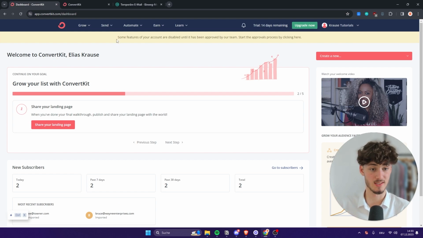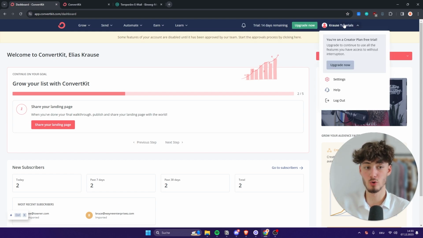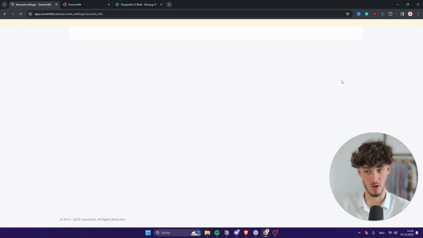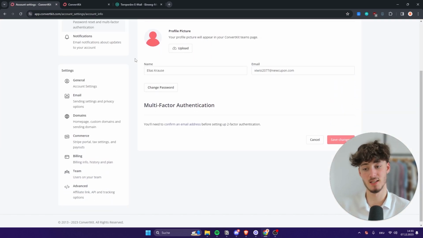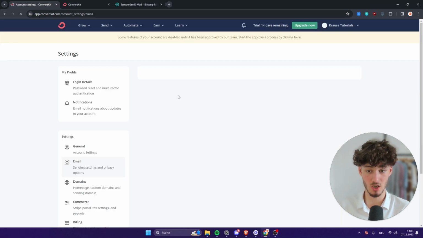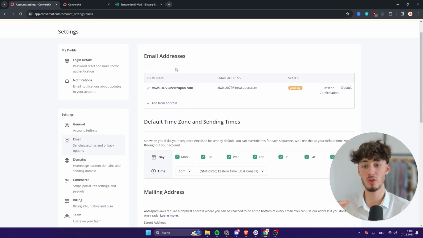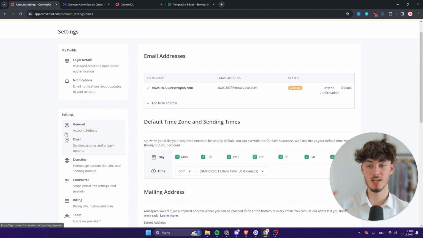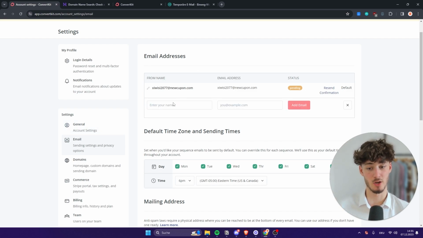However, before we can get started with the dashboard, we will have to head over to our settings on the top right, and we will have to get some basics out of the way. For example, if you're going to navigate to email right here, you will actually have to set up your own custom email address because it is super important to add a custom sender email address to make your emails more professional. So either just add your custom sender email address right here, and this should be something professional,